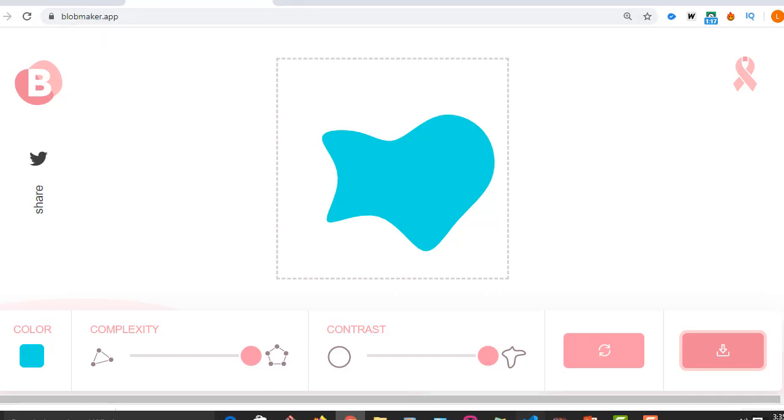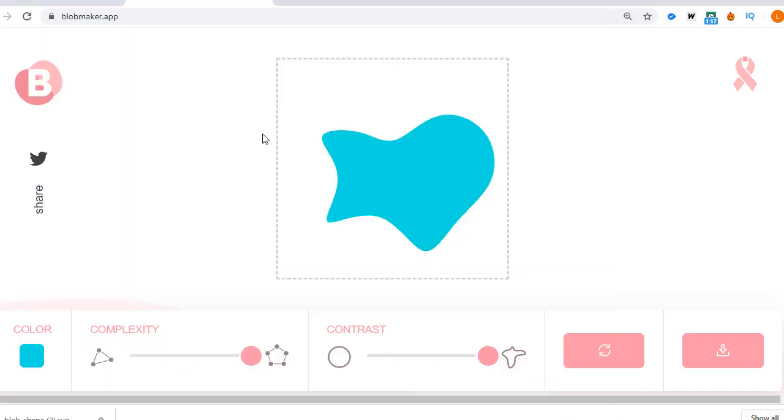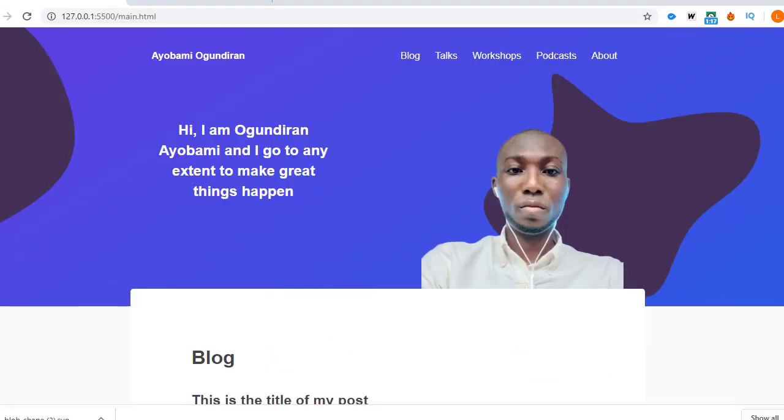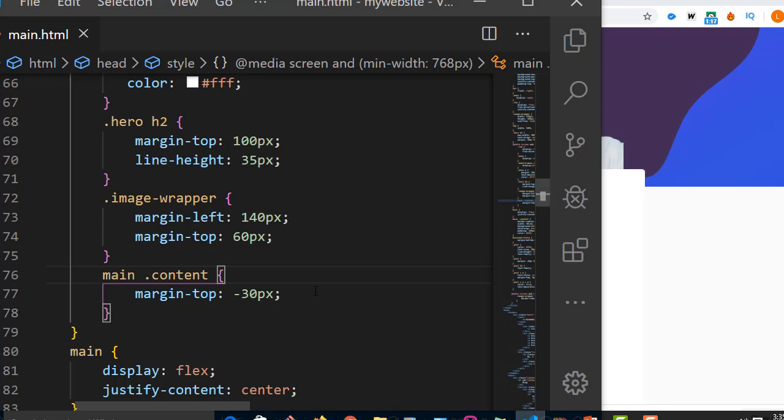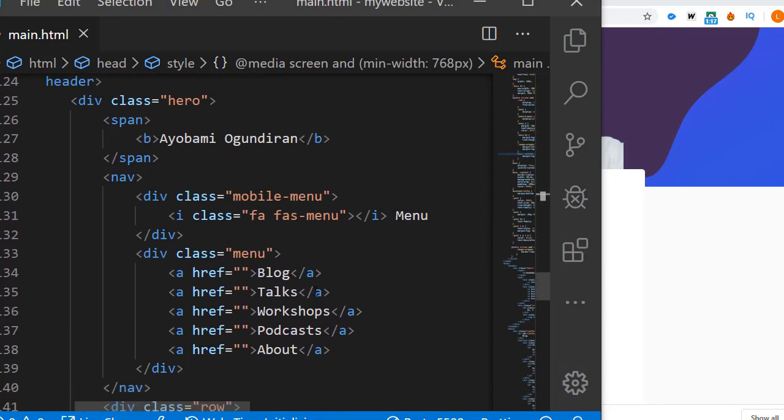And there is something I also want to add. I realized that this content here, you may feel like it's too short, so let's quickly add some things to it to make it look longer and have a feel of a normal post. So let us just copy something here. This is what I want to do fast.